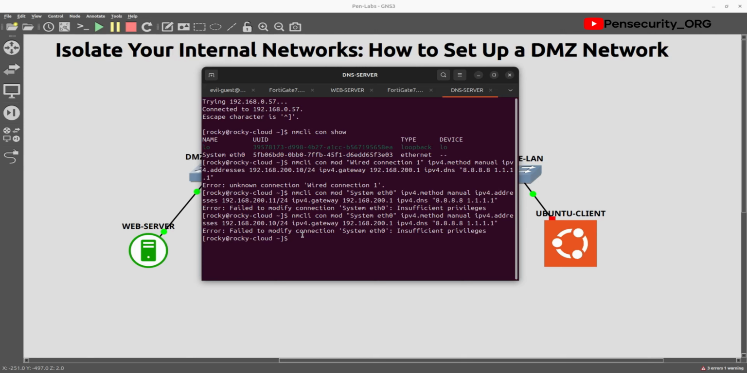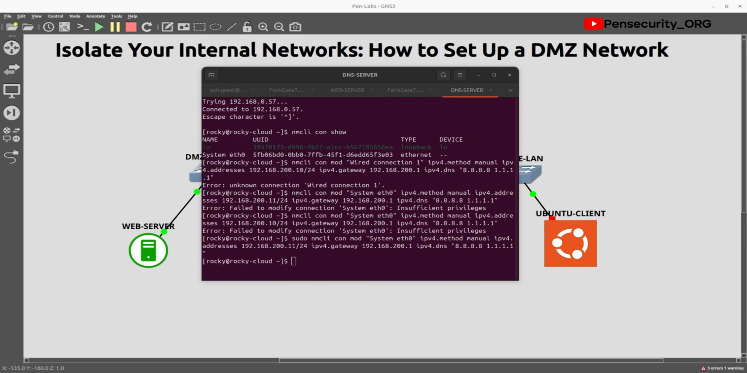So we have to check. Did we use sudo? I don't think we used sudo. So let's try and use sudo, because we need to give it privilege, because we're running a very powerful command here. I think that is running already. So now what we need to do is to restart the connection. So what we'll just do is we'll say nmcli